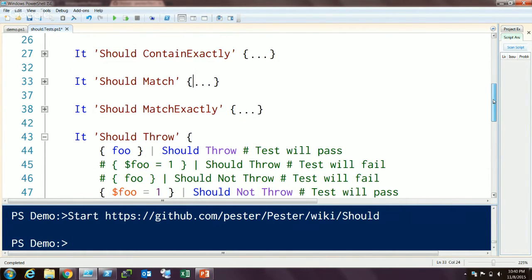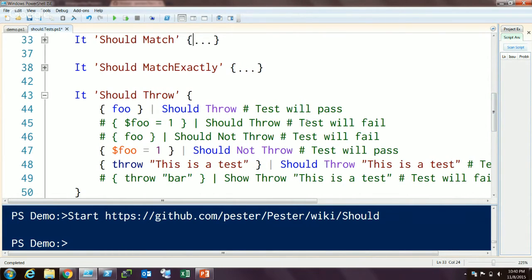Should throw is a very interesting one in that this lets you take code that you expect to throw errors in certain conditions and prove that they actually do throw those errors. So here's an example where I'm calling some imaginary function that just does not exist. I've not defined foo, so this is going to throw an error. I can actually call foo